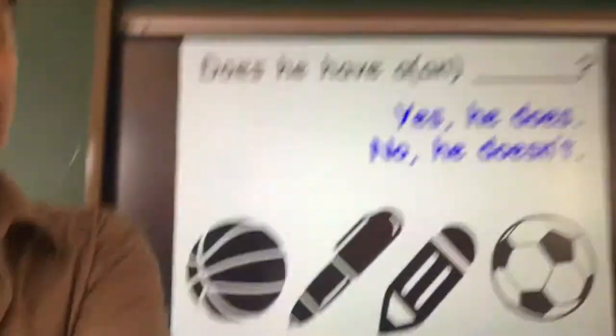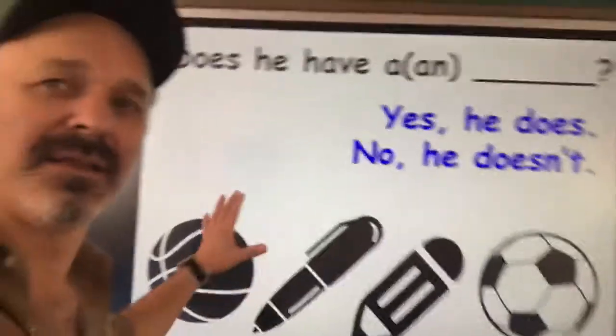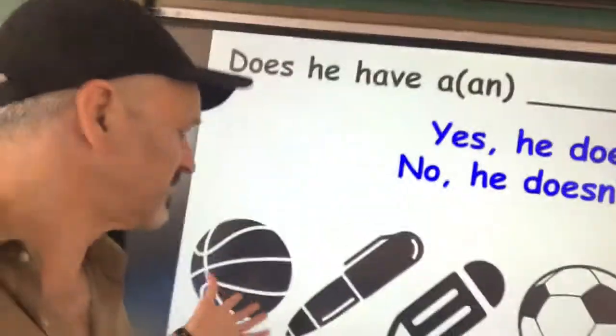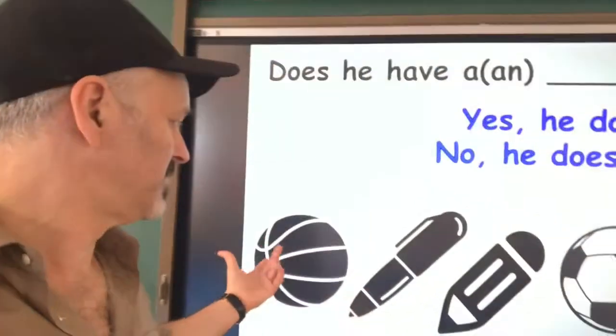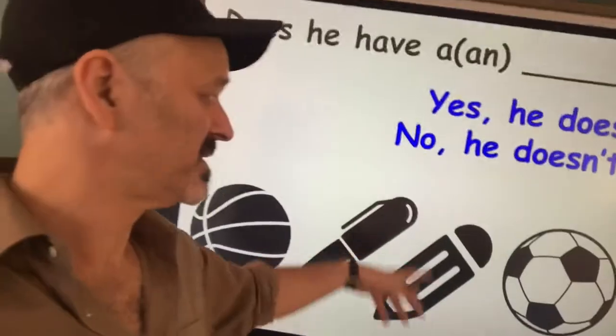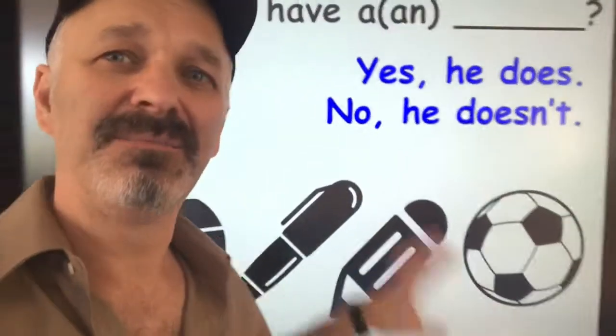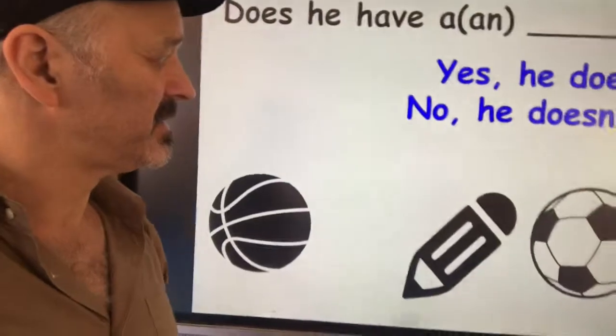And this is where it kind of turns into the game, into the activity here, because I let them ask the question. Somebody will say, do you have a basketball? The other one will say, do you have a pen? So I write down which team said basketball or which one said pen, and then we reveal it.